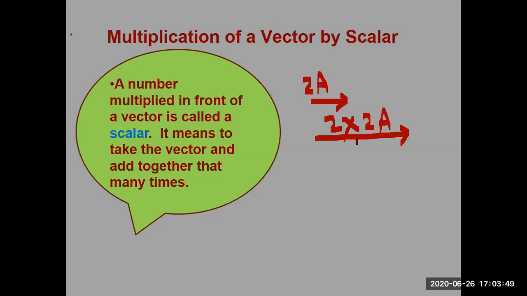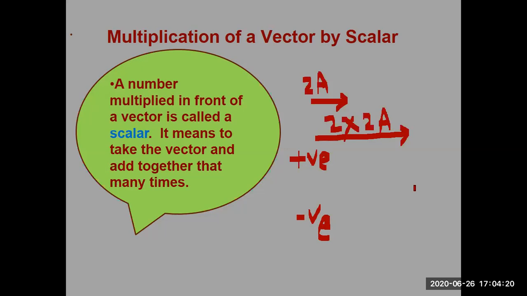So in the simplest way, you can explain that if a vector is multiplied by a scalar quantity, its magnitude increases by the same number and the direction remains the same. You have multiplied with a positive number. But if you have multiplied it with a negative number, then what will happen? The magnitude of the resulting vector increases by the same number, but the direction becomes reverse.